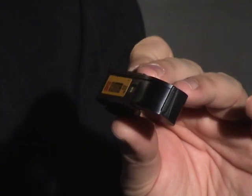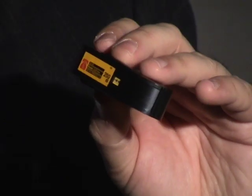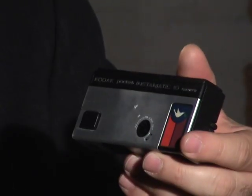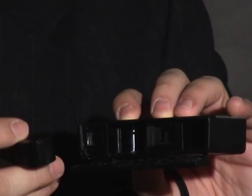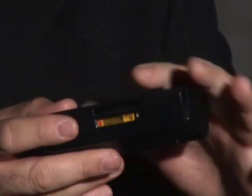The film gauge was 16 millimeter in length, and with Kodak, both the 126 format and the 110 format were designed for amateur photographers for ease of use. Perhaps you remember this from when your granddad or your parents may have had this. Just about every household had it. And the thing about it was that it was so easy to use. Cartridge, camera, pop the cartridge in, close the door, and you're pretty much ready to rock and roll. This format, Kodak 110, was hugely popular in the 1970s. There wasn't a night that would go by on television where you would not see a TV ad promoting this